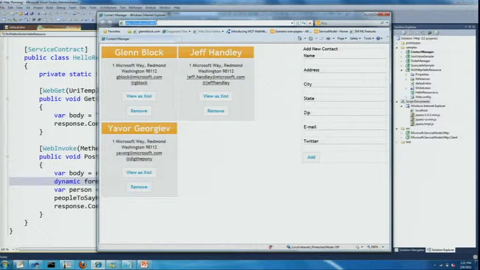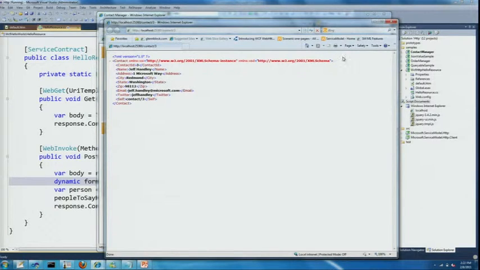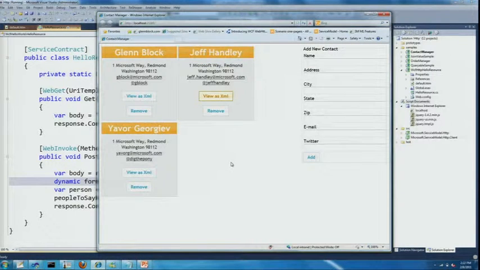So let's take this. This is a jQuery front end running in an ASP.NET application. It's not MVC, and it's this contact manager application. And what it allows you to do is it supports multiple representations. So here you can see I got an XML representation. But it also supports JSON. So if I go here and put a name like Brad Wilson, I'm really into the name thing today. Actually, let's first go and check out Fiddler.